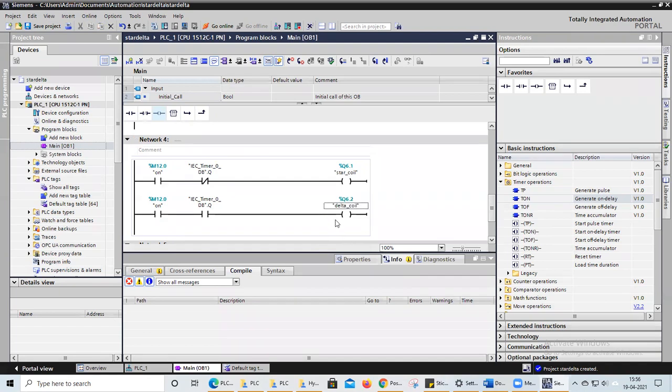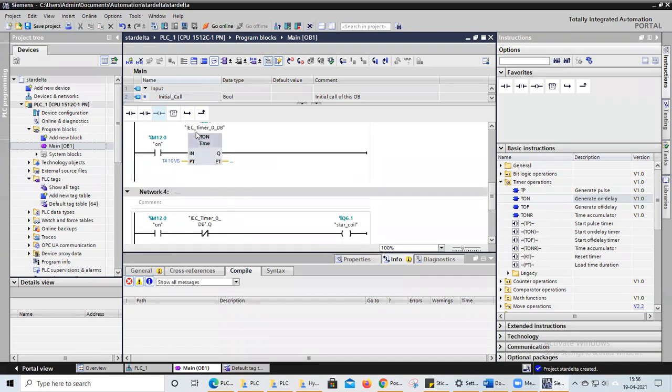This time we have added the timer module. I want to introduce the timer module to you, that's why I have used this star delta conversion. But you can ask how we can know the addresses of the timer and how to know the PT value we have to set like this. For this type of doubts, you click on this timer module and click F1. You select the timer module and click F1.